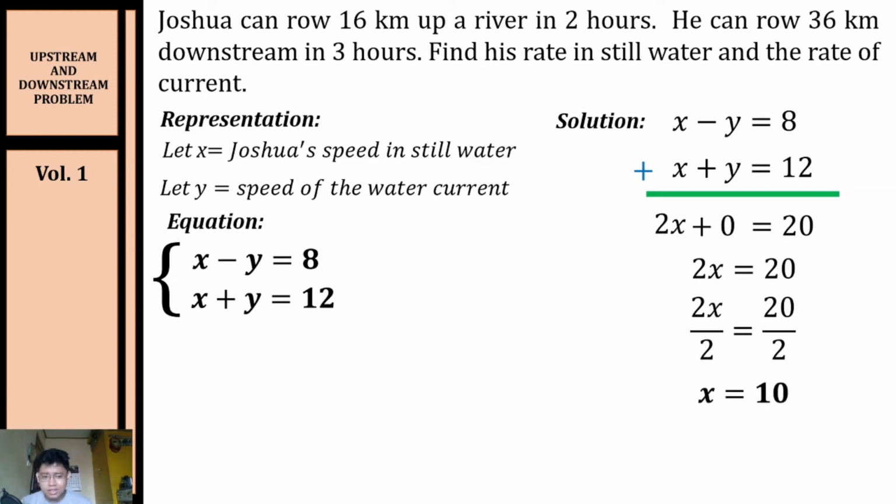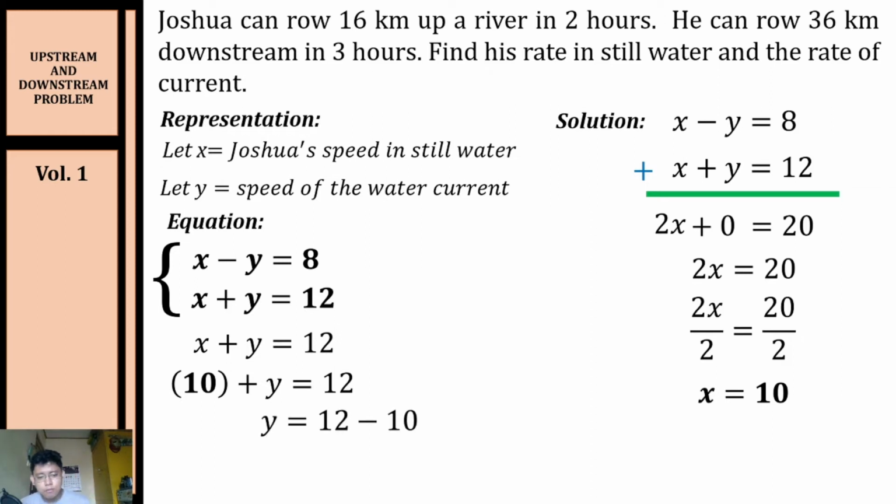Now, the next step is for us to solve for the value of y. To get the value of y, we substitute the value of x into our first or second equation. So we copy our second equation. Let's substitute x by 10. And let's transpose 10 to the other side of the equation, changing the sign. We have y equal to 12 minus 10. So 12 minus 10 is equal to 2. So our value of y will be equal to